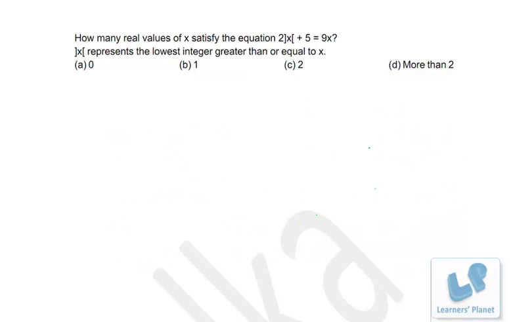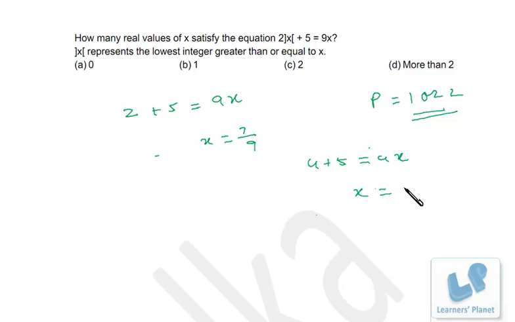Now let's discuss one step ahead for this problem. So the concept of this greatest and lowest integer function is clear in your mind once for all, right? Now here I have told you that p is, this box x is p, so p is 1 or 2, right? Suppose I take p as 1, so it is 2 into 1 plus 5 is equal to 9x. That means x is equal to 7 by 9, right? The other case, so when p is equal to 2, so 2 into 2, 4 plus 5 is equal to 9x. That means x is equal to 1, right? So we have two solutions, x is equal to 1 and x is equal to 7 by 9.